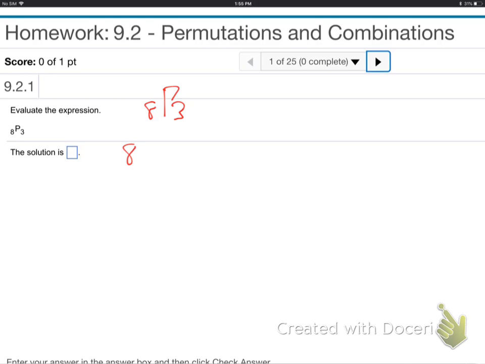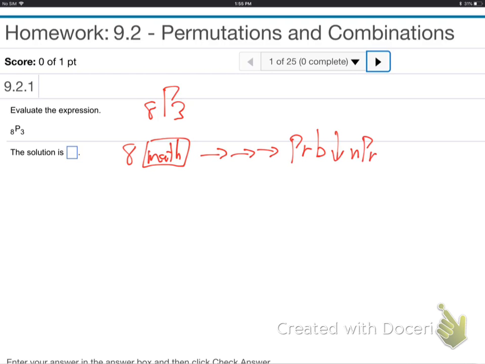Hit 8 first, and then hit the math button. I'll write the instructions here. Math, which is on the left side. So first do the 8, and then hit the math button, and go all the way over 3 times to the PRB, which is the probability menu. And go down until you see the